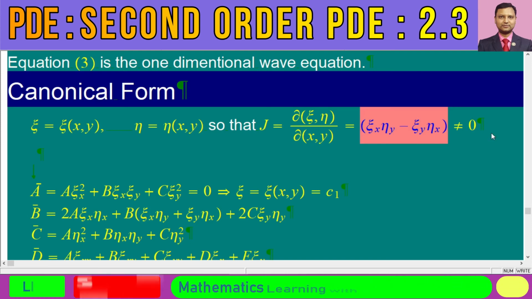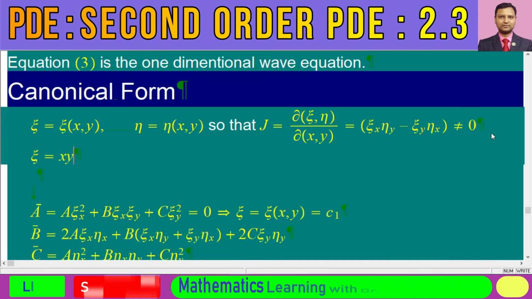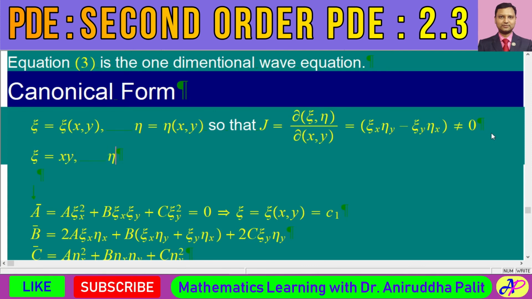You can check over here that if suppose chi is equal to xy and eta is equal to y, then the Jacobian J is equal to the partial derivative chi x, which is y, into eta y. Eta is equal to y, so the partial derivative eta y is 1, minus chi y, the partial derivative chi y, which is x,